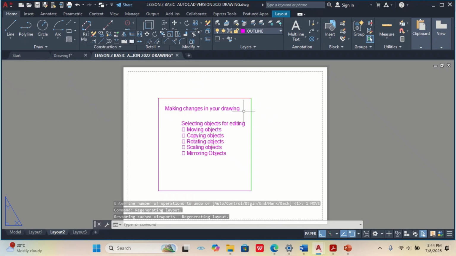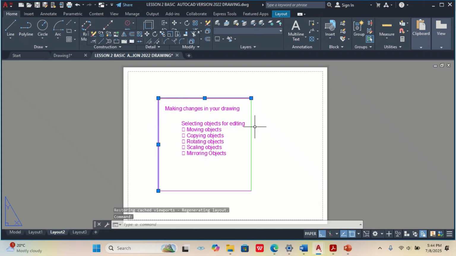The other command is copying. So again, a rule of CAD is you select first and select the whole object. If you make a mistake and you don't select the whole object and you select only one, what happens is that you do not copy the whole object. So in copying,